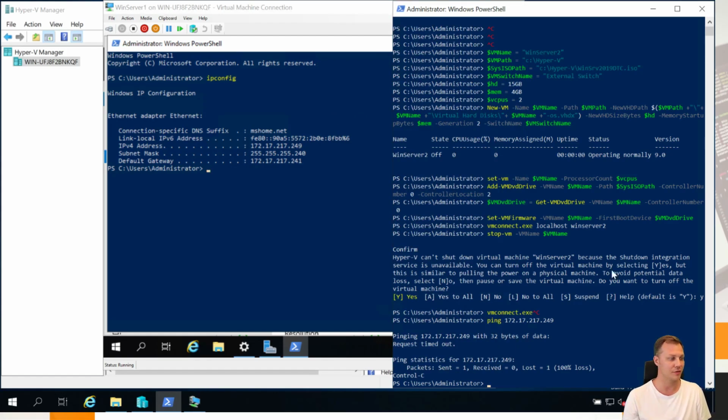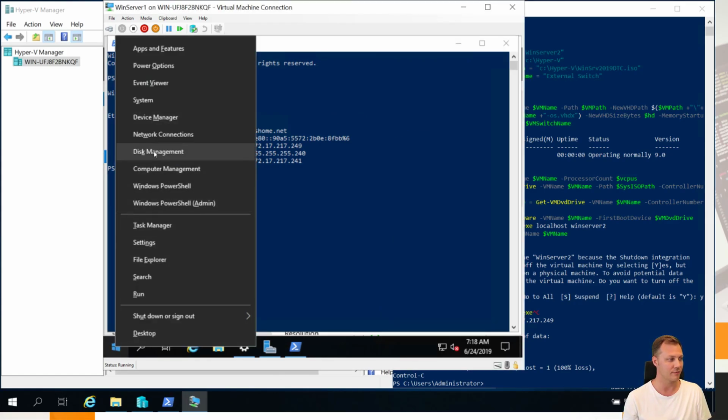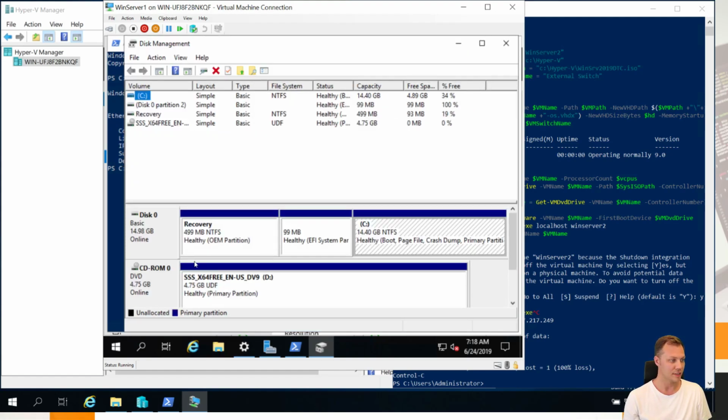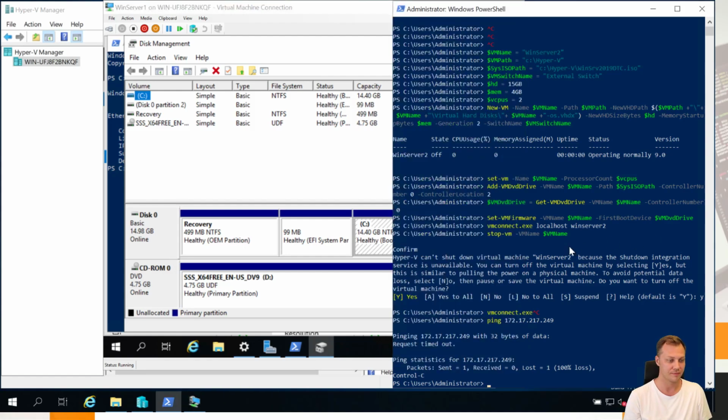What I wanted to show you is that if I, for example, have my disk management here, you can see I only have disk 0 and CD-ROM 0. So what I'm going to do is create a new VHD. So new VHD, path and parent path, I don't need that. Size bytes, dynamic. Okay, so the path here is going to be the